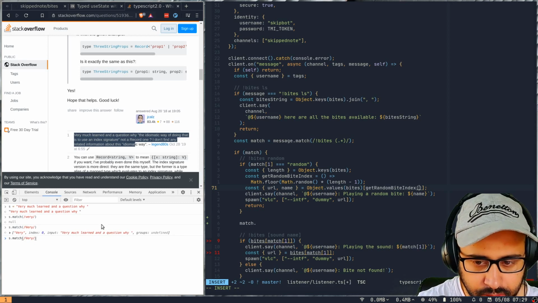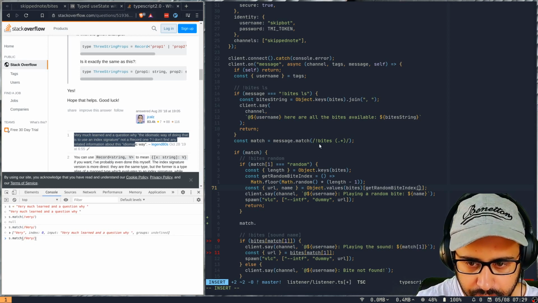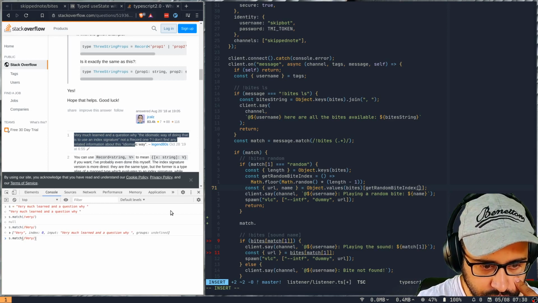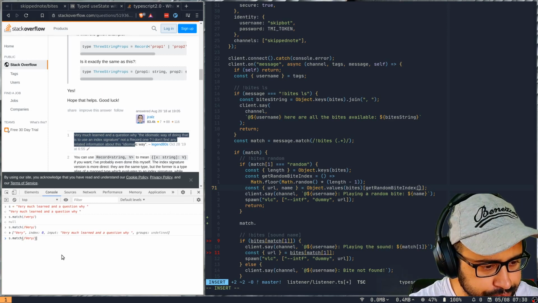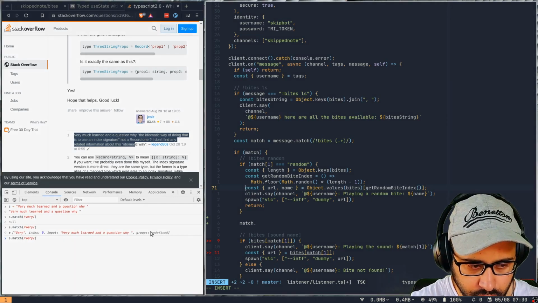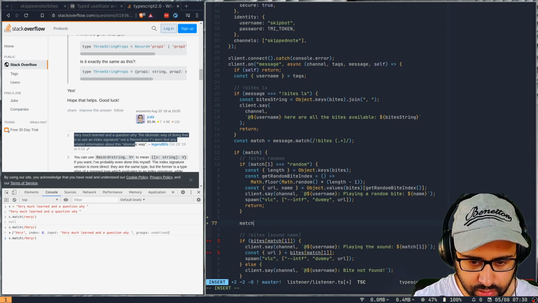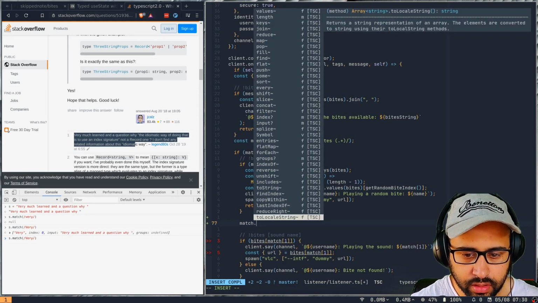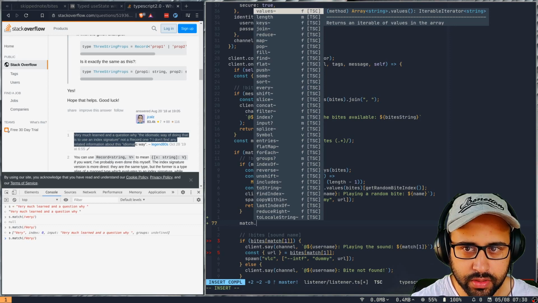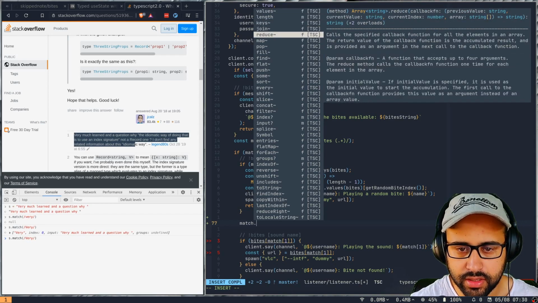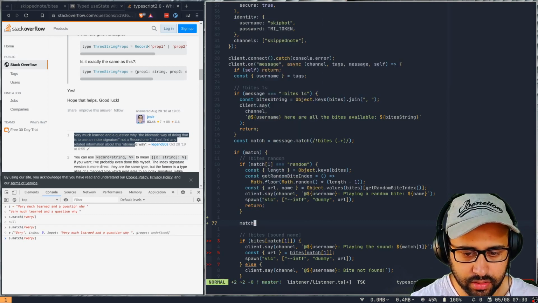So what if in our match, I think we do have a group here, but then we want to check if the whole thing is present or not, right? So we are not only interested in groups. So what can we do here? So match has, besides these normal values, I think it just has array values, array methods.